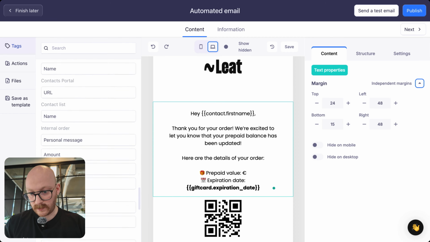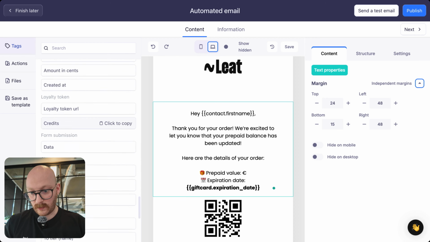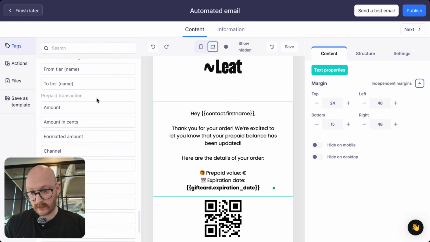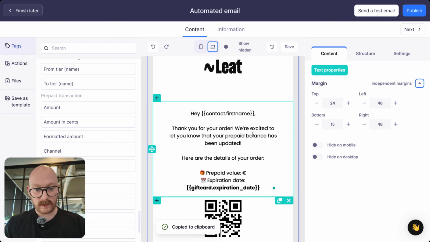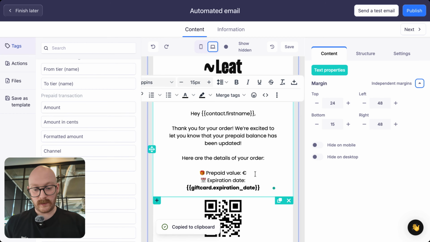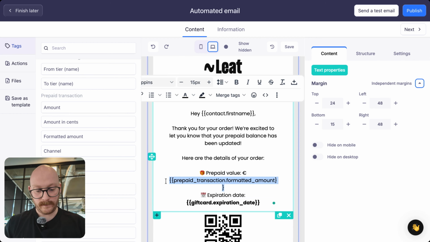You're going to see that we also have prepaid transactions here. So you're going to select formatted amount, and we're going to click to copy that, and we're just going to paste that in here. You can also put that in bold if we would like. Expiration date isn't really relevant for prepaid balances, but what we can do is say